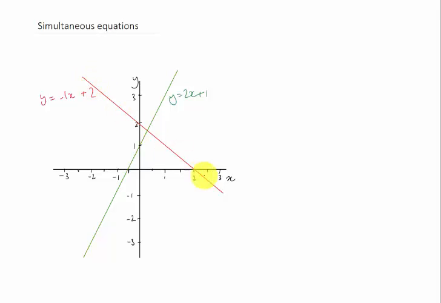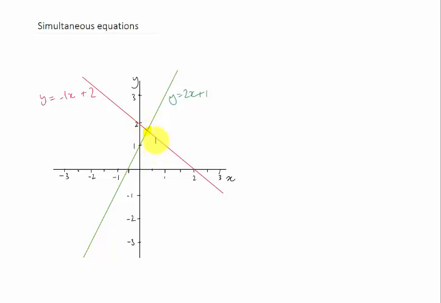If we look at this line, which is the red one, described by the equation y equals minus 1x plus 2, then that shows us that there are an infinite number of combinations of x and y that make this statement true. But now if we add another line onto that same graph, in this case the second one we were looking at, y equals 2x plus 1, then this one also has an infinite number of solutions that make it true, but there's only one